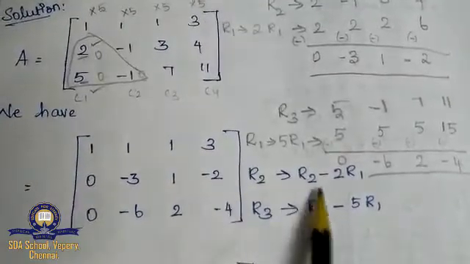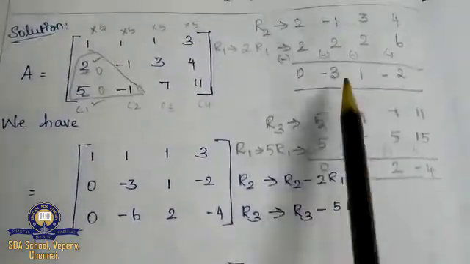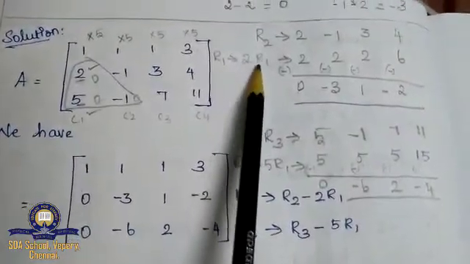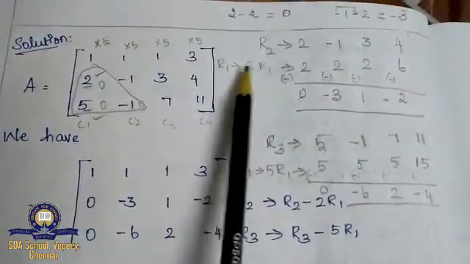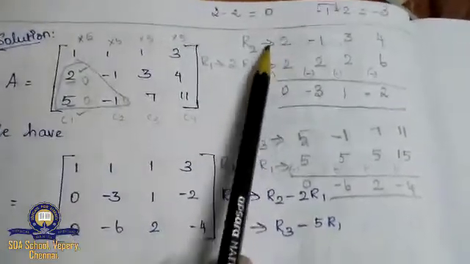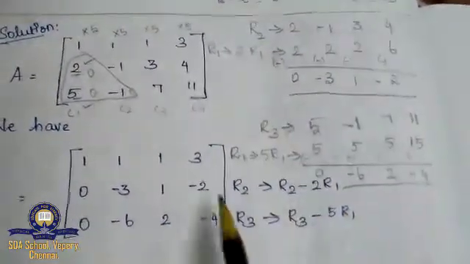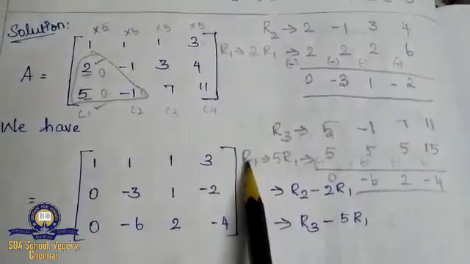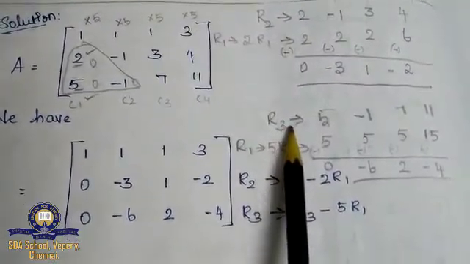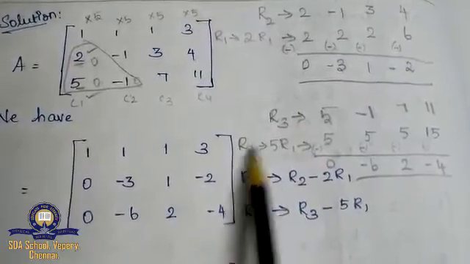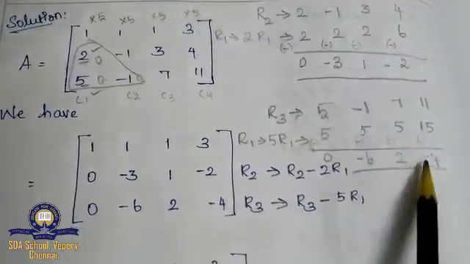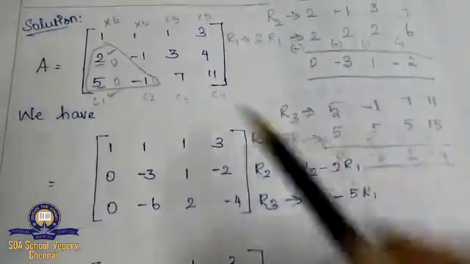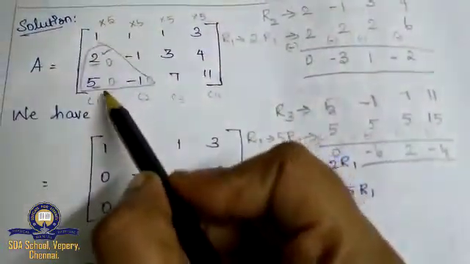So I have written here like this, because these are the things only we have done here, right? So first I am going to multiply R1 by 2. After that I subtracted my value, and I have written it here. Similarly for R3, the row 3, I multiplied R1 by 5. After that I subtracted the value and got my element. So these are my new rows. So I have made 2 as 0 and 5 as 0 here.